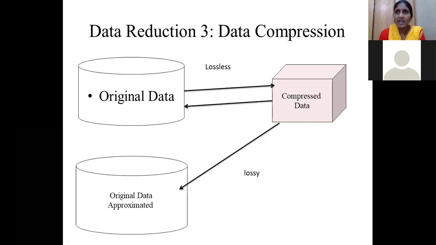Suppose in my text I am having CCC, III, TTT, like that. If a text is repeated a number of times, the text is replaced with some other coding technique. So without writing the same redundant text a number of times, we are replacing it with that other code. That means for eliminating the redundancy and the noisy information present in the data, we are also using compression techniques. That is the concept of data compression.